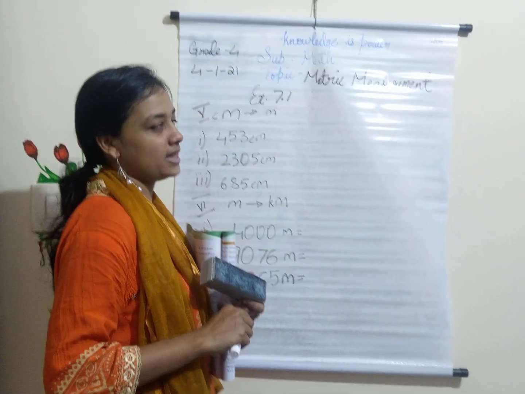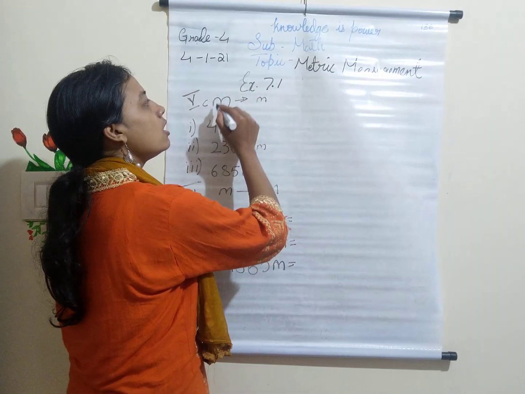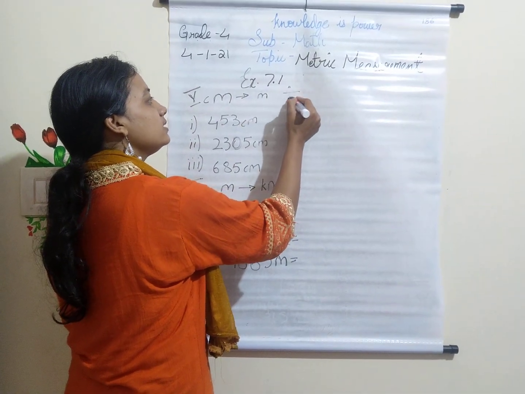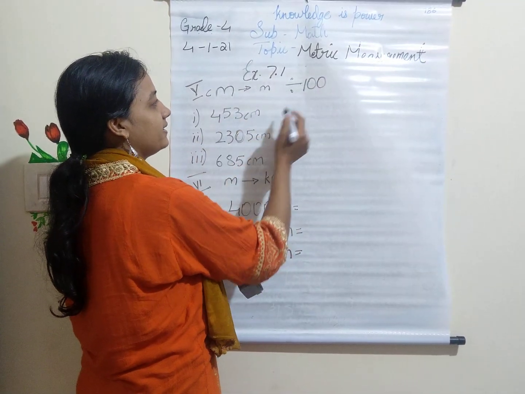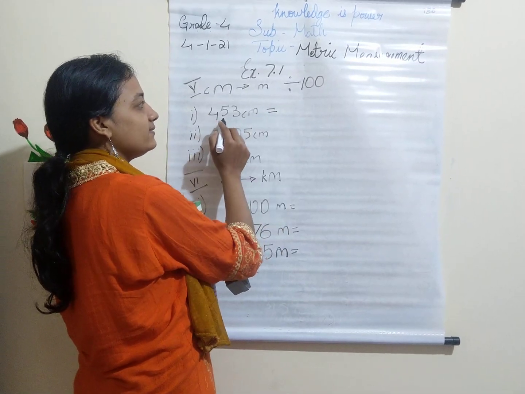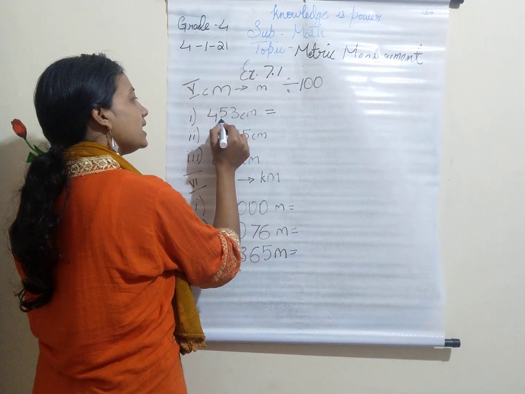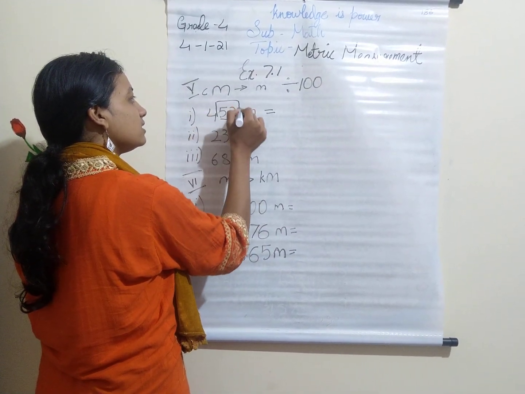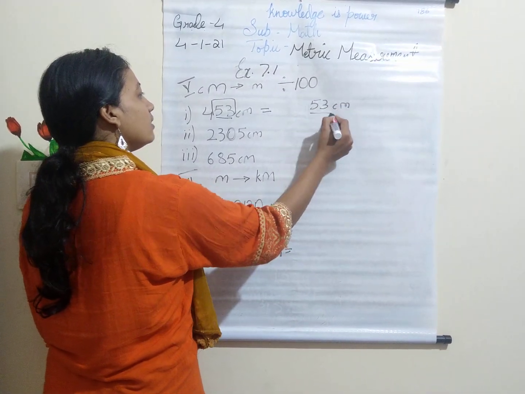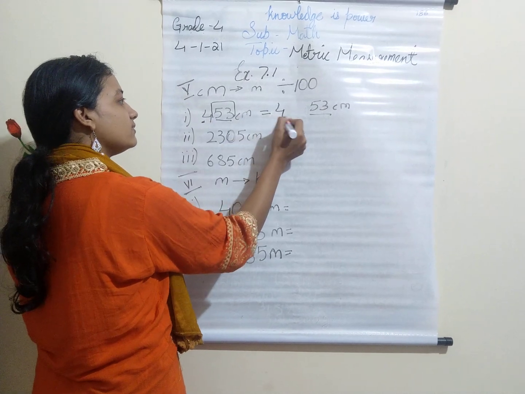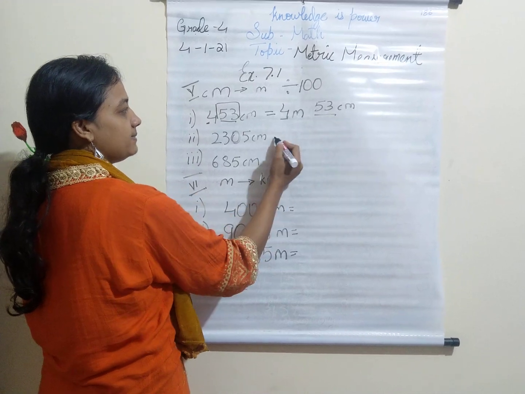So now the fifth main, we have to convert from centimeters to meters. So small to big. So divide it with which number? 100. So let's divide it with 100. So when you are dividing 453 with 100, because you have two zeros, you should take these two numbers from the last and write it in centimeters only. Only the first number here will be converted to meters. The answer is 4 meter, 53 centimeter.